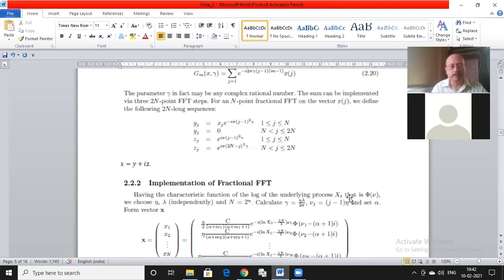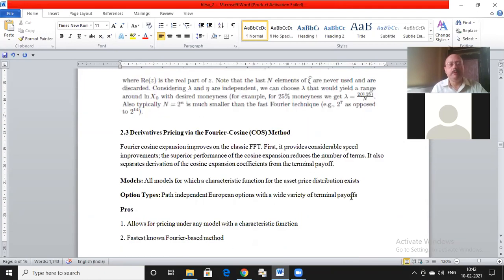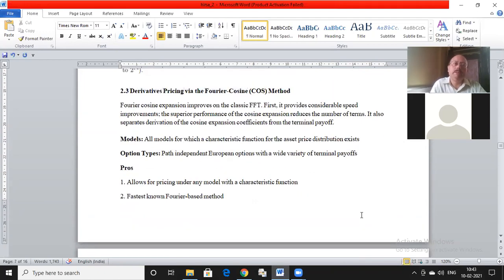The advantage of the cosine method, which we will see shortly, is that this separation can be achieved. So we have one set algorithm for the series expansion term evaluation, and we can add on the terminal payoff computation. So even if we change the strike price, the terminal payoff function changes, the whole computation need not be redone. One can just plug in. So is this clear? Am I making sense?